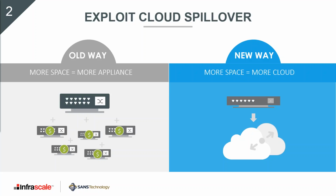So how many of you, within our building, I think that we talk about this quite a bit, and one of the things that makes Infrascale fairly unique is we try to get you off the hardware hamster wheel. And I'd be interested to hear from some of you out there that can commiserate with this analogy. So you buy a piece of hardware, it's got a bunch of disk, you fill it up, and when you reach capacity, you buy another piece of hardware, you fill it up, you buy another piece of hardware, and so on. So from the Infrascale standpoint, our solution is essentially used to leverage the cloud,